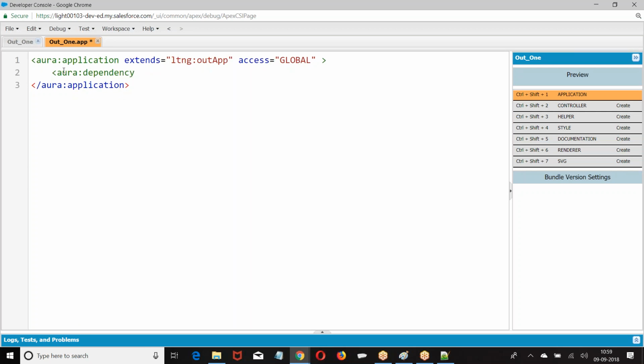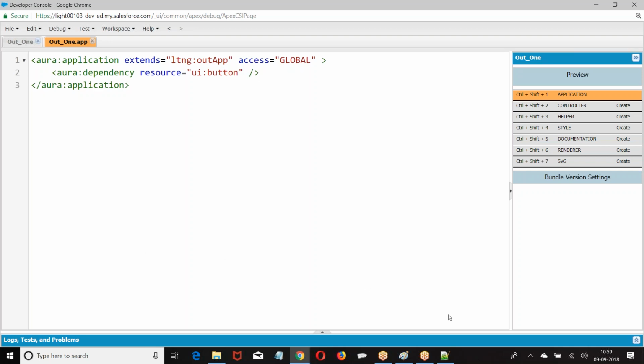Dependency. First part is done. Now this is ready for external access.